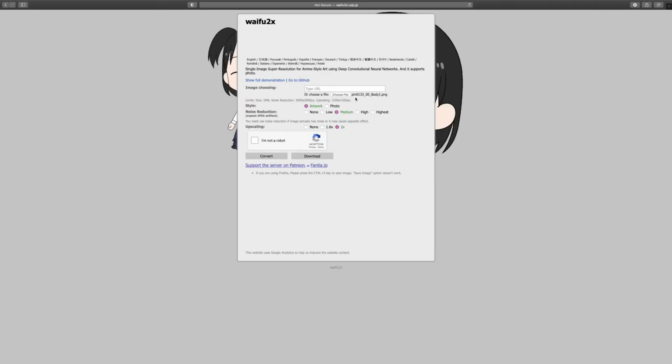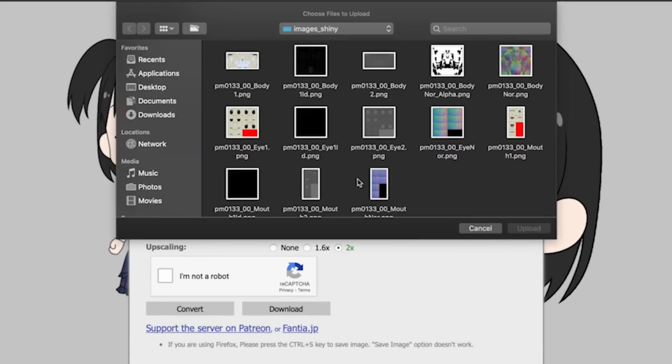Alright, that's one texture down. Now let's repeat the process for the other textures in the folder, like the eyes. In order to save time, I usually only upscale the textures that I plan on applying to the model, namely the default color textures. You can take the time to upscale all of these textures if you want, but most of the time you will probably find yourself only using the ones that look like this, so keep that in